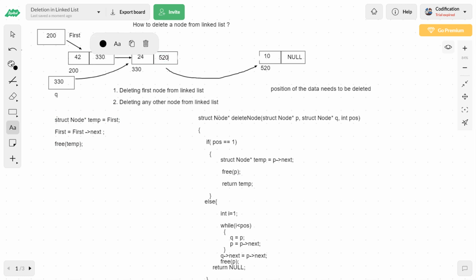330 of next means in this spot we need to store null, which means that we are going to delete this, right? When you delete this, automatically this will become the last node. So this is the last node. This will be having null, and after that the pointer P will be used, with the help of the free function, this memory block will be deallocated. That's why the next line that we have is free of P, right?